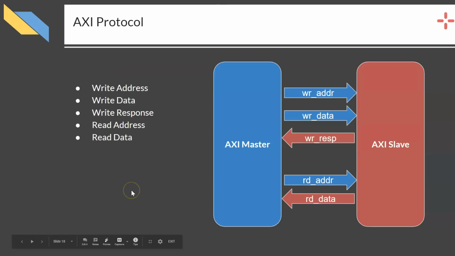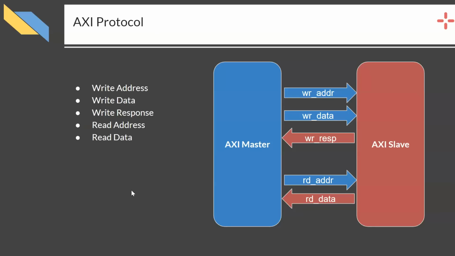agent. If you are not familiar with the AXI protocol, here I am giving a quick overview, even though I am not going into detail. AXI is a master-slave based communication, and it has 5 different channels to communicate with each other. It could be dealing with a write or a read transaction.